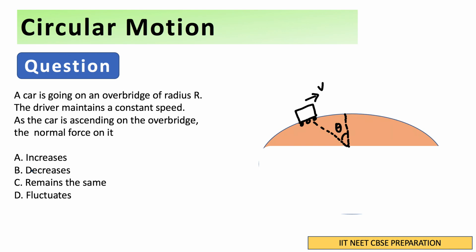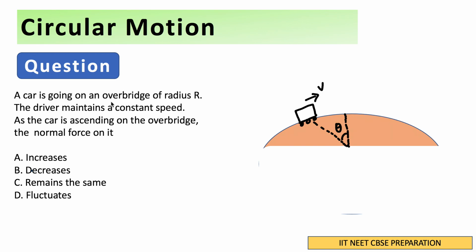Okay, hi guys. Let us take a look at this question. It says that a car is going on an overbridge of radius r, and the driver maintains a constant speed. As the car is ascending on the overbridge, the normal force on it increases, decreases, remains the same,